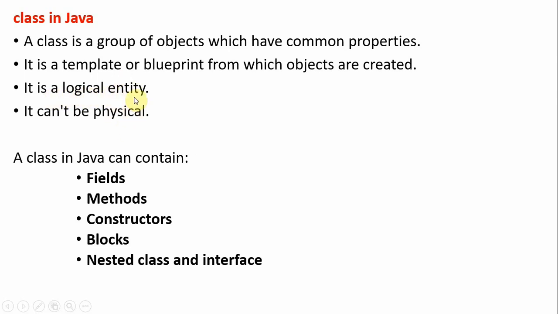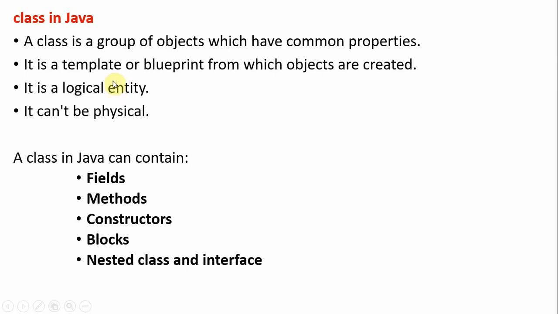So this is very important here: a logical entity. Physical means something which we can touch and feel, which is nothing but objects actually. We can touch a Reynolds pen, we can touch a Bidco pen. But when it comes to a logical entity, we cannot touch a pen anywhere. We cannot find a pen as a physical thing. Those are objects. Pen is a class. In that pen class we have a Reynolds pen, a Bidco pen. So those can be objects.